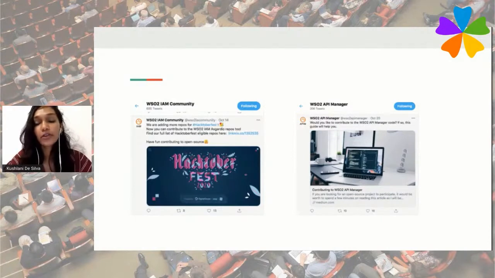If you want to carry out your community or your developer marketing separately, you might want to branch off a little bit from your corporate marketing channels. As you can see, these are very community-driven messages. It's about submitting for Hacktoberfest. It's about whether you would like to contribute to the code of the product. It has been thought out in a way that developers would like it and they would want to engage as a result. So it doesn't have any of the fluff that I mentioned, but it's written in a simple way that developers